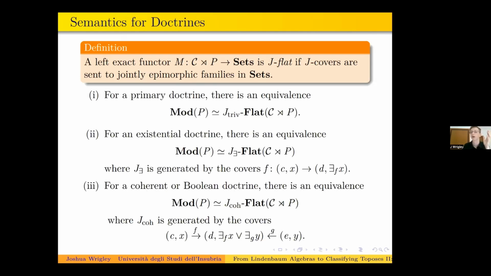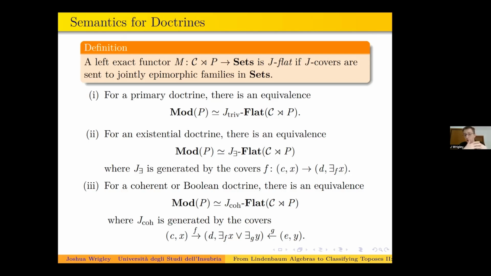Then we have our examples, and we see that all of the examples of doctrines that we gave at the beginning have their semantics in terms of a Grothendieck topology. For primary doctrines, that's just the same as taking the trivial topology, where only identities are covering. When we want to model an existential doctrine, when we want our existential quantification to be preserved in our models, then we vary it and take the existential topology. That's the topology generated by covers of this form here. And